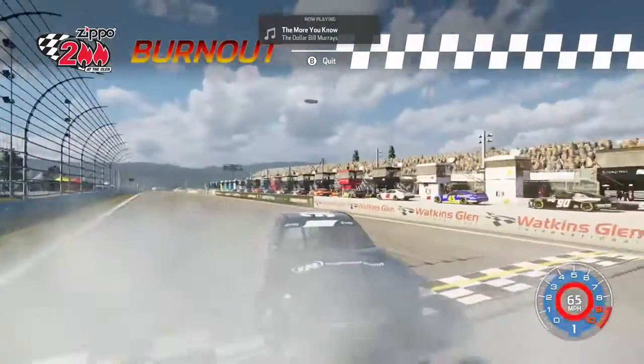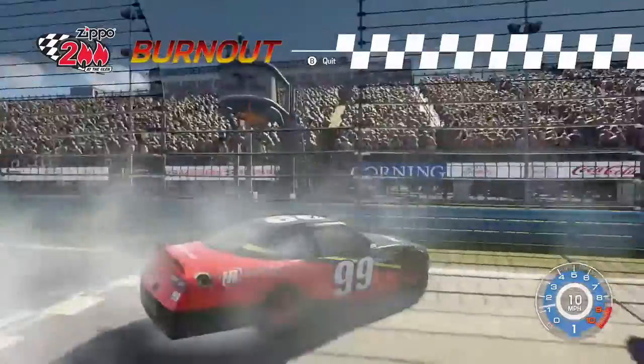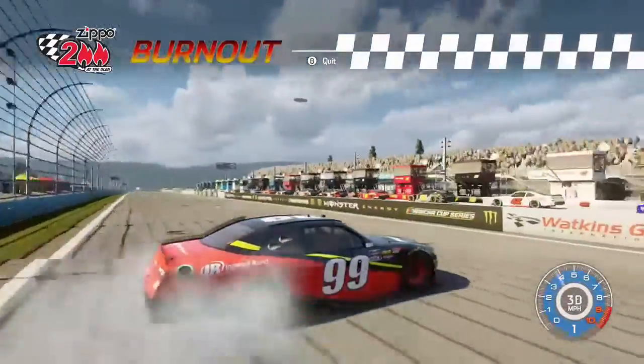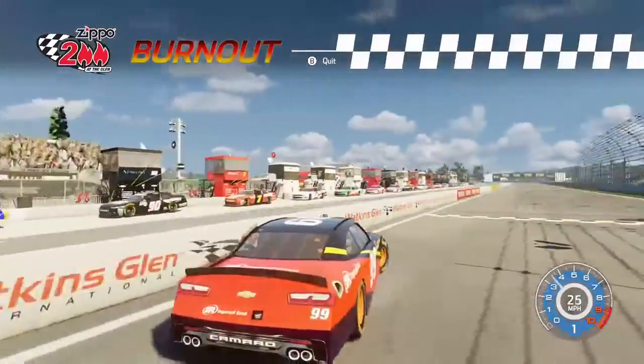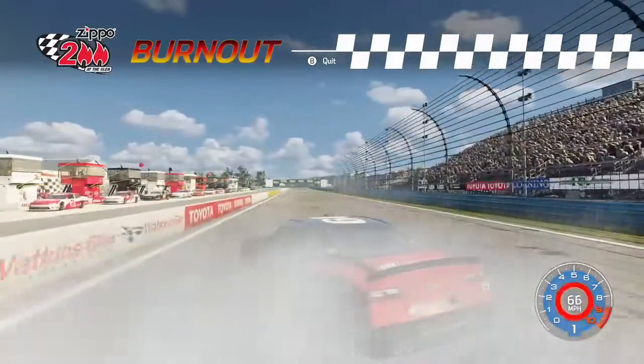And I really think this is an indicator of what I need to do in my Cup race. I really need to step it up. We finished second here before. We'll get back to that later in a moment, but now it's Hailie Deegan, 3 wins on the season, so